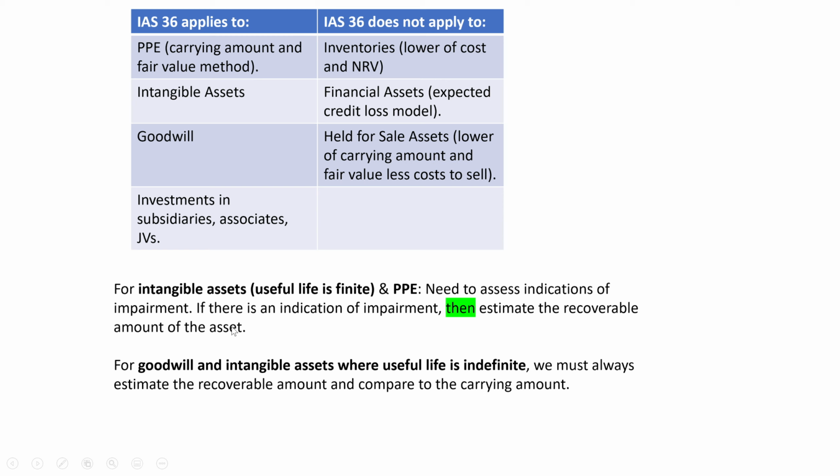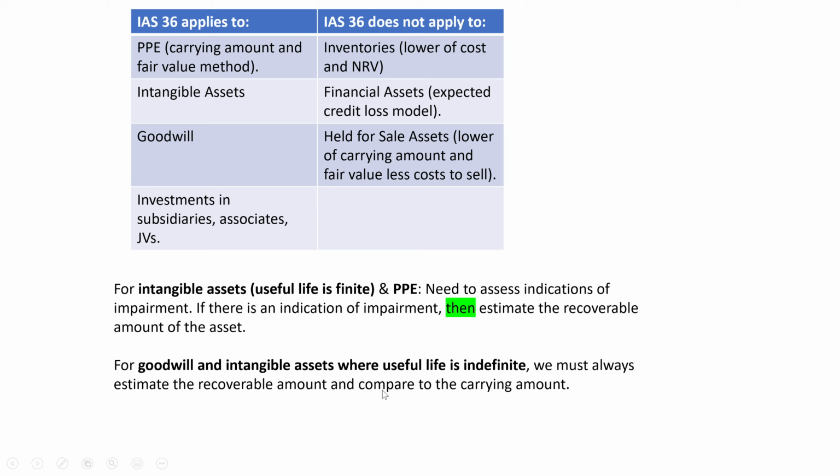Now the difference is that for goodwill and intangible assets where the useful life is indefinite, we don't have an amortisation charge going through the P&L. So what we do instead is an annual impairment test, which involves estimating the recoverable amount. Again, you can use the fair value method, calculating the fair value of the asset, which is difficult to do, or you can use the value in use model, where you use a cash flow forecast to calculate it. I've audited a value in use model before, but I haven't audited a fair value model. So you estimate the recoverable amount and then compare it to the carrying amount.